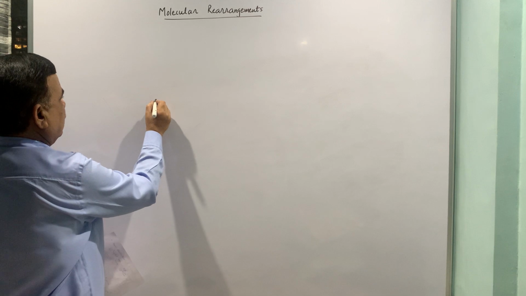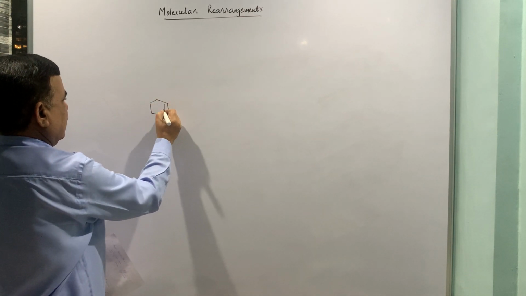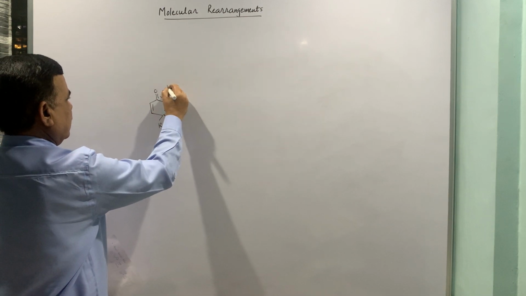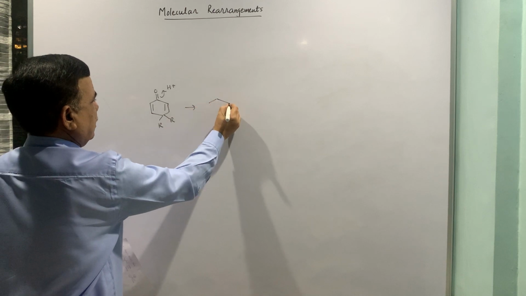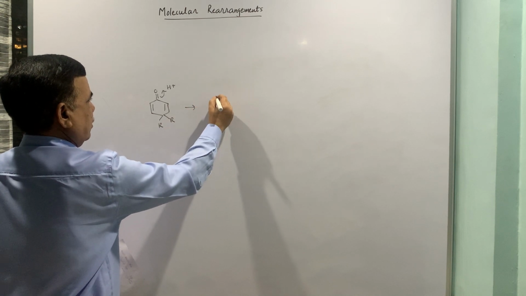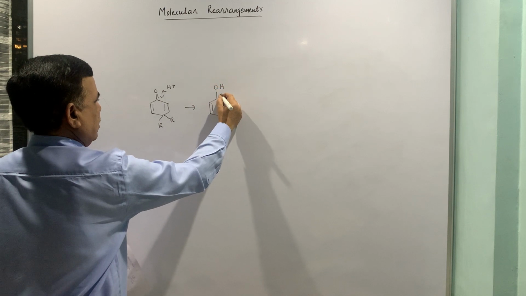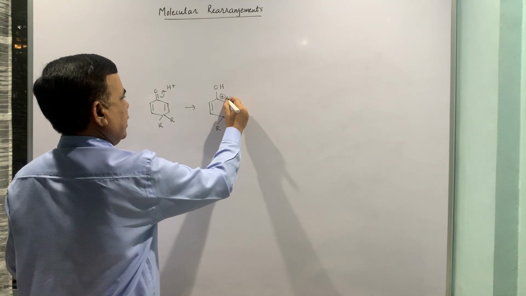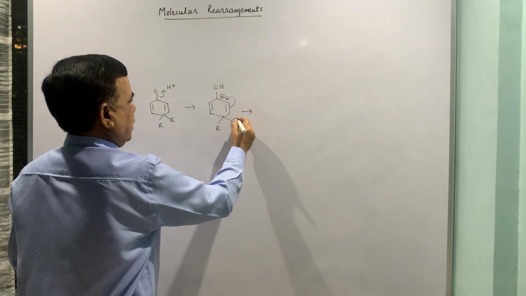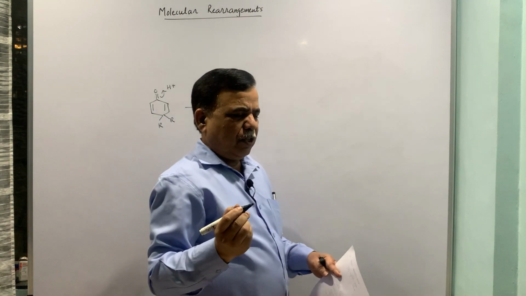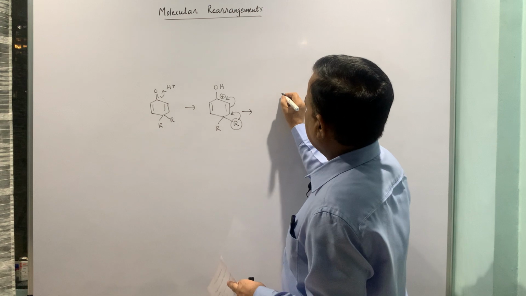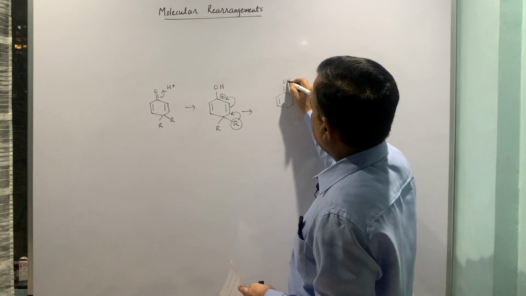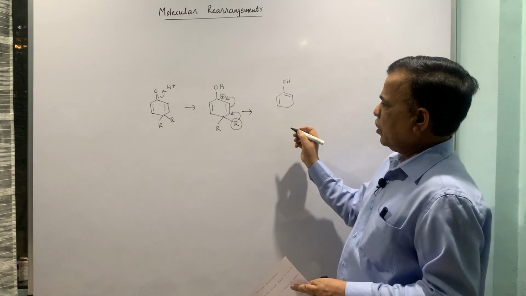Then dienone-phenol, this is relatively easy as compared to others. R is not defined, but nonetheless we will write like this. This becomes plus, that is the driving force. This pi bond migrates here, this R migrates here, because once a carbonium ion is formed, the other groups will migrate in order to compensate the charge. The positive charge on this carbon is rectified because the pi bond is moving.